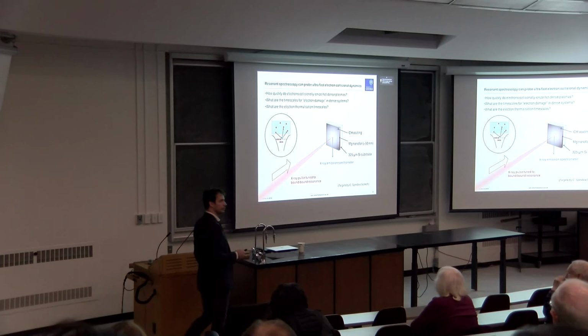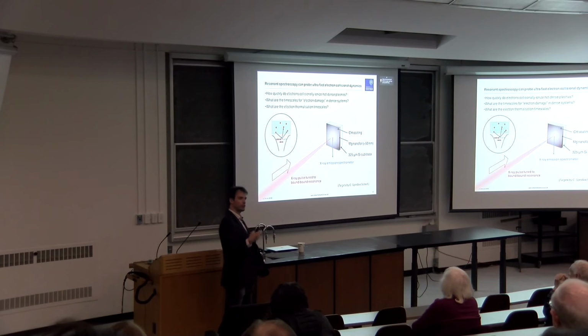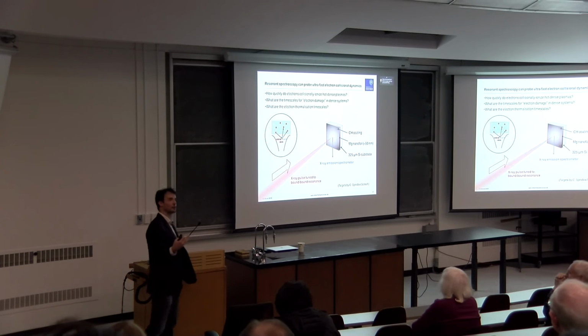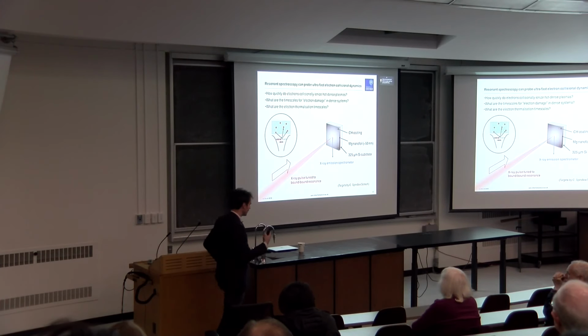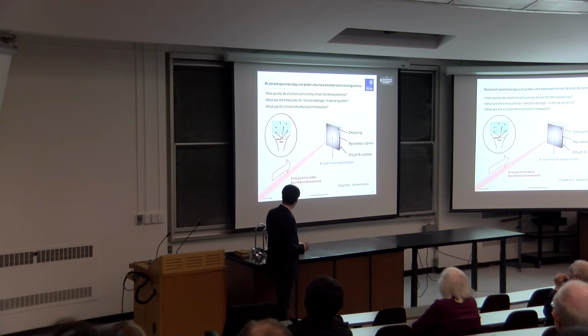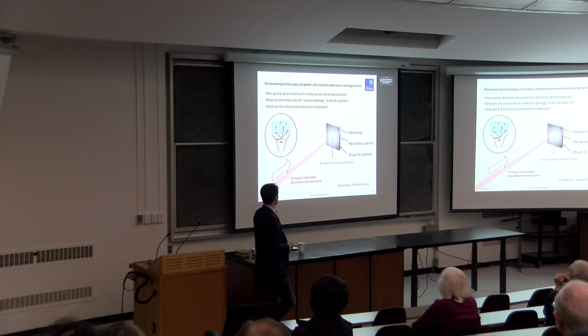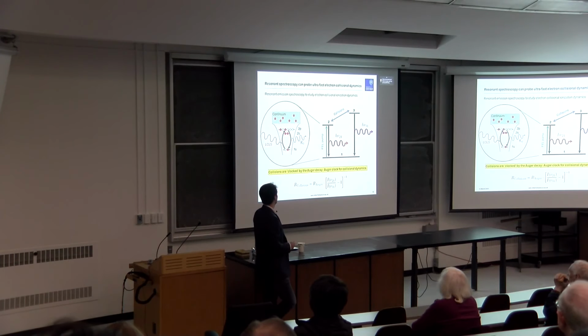So how on earth do you do this, given that an electron interaction timescale is in the attosecond range, right? There's no camera that's fast enough for that. There's almost no process that can do this. It's very, very quick. So how do you time this? Well, there's a very simple idea behind this: you build yourself an Auger clock, right?